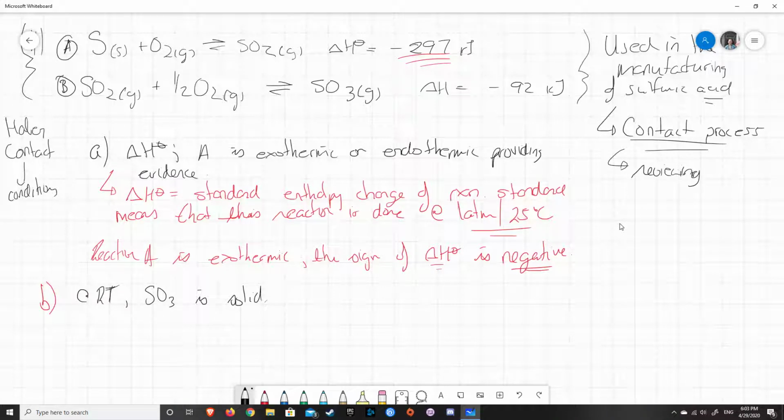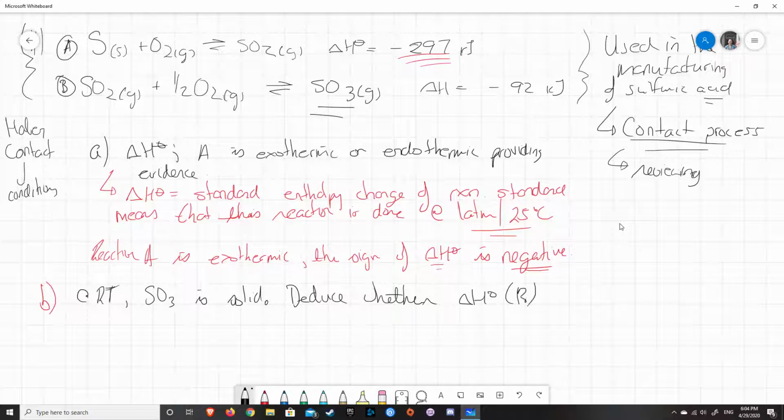And then it says we need to compare it to this SO3. It says deduce whether the delta H naught of this reaction, delta H naught of B,